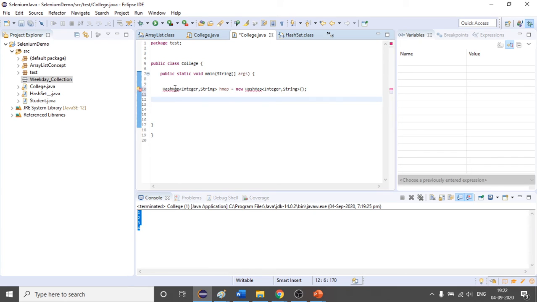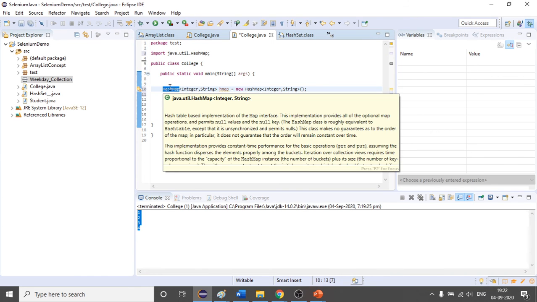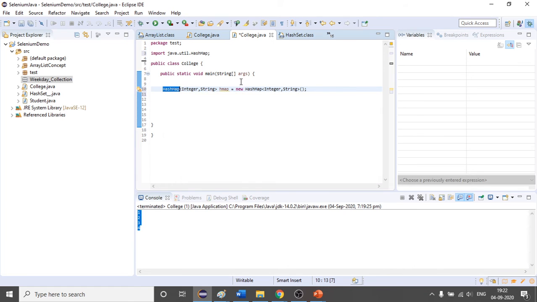Let me first import the package. See, here I can write, this is a class. You can see if I put my mouse here, C for class.